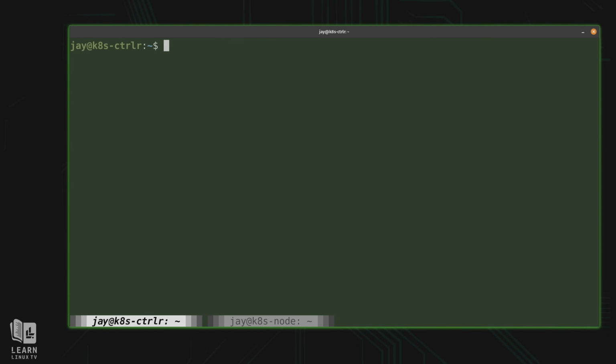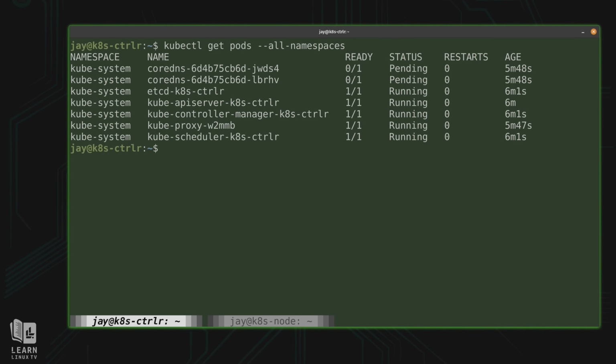So far, so good. So now at this point, what we could do is run kubectl. This will be the very first kubectl command that I've given you in this video. And we could check to see what pods we actually have within our cluster right here. So we'll just type kubectl get pods. And we'll want to check all namespaces. We have a handful that are running, so the two at the top are waiting on something, but what exactly